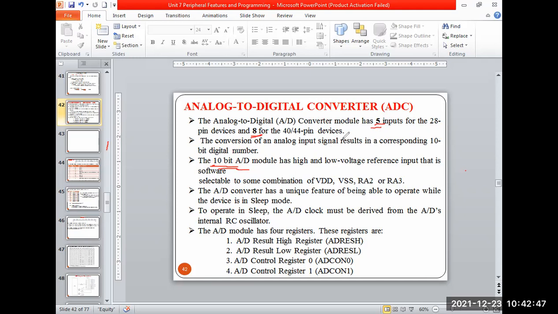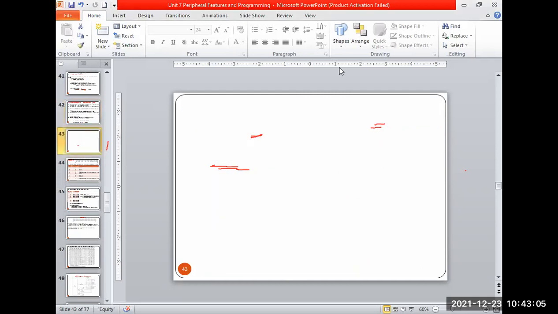So what is the meaning of this 10-bit, 8-bit ADC, and how does that relate to the resolution of the input signal? We'll see that first, and then we'll go to the exact block diagram of the ADC. I'll take the next slide so you can understand that. Okay, so 10-bit ADC, the meaning is that